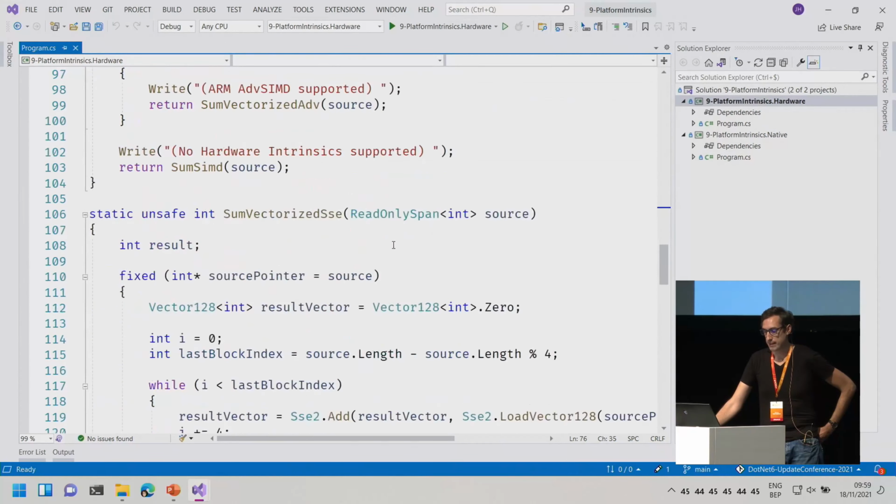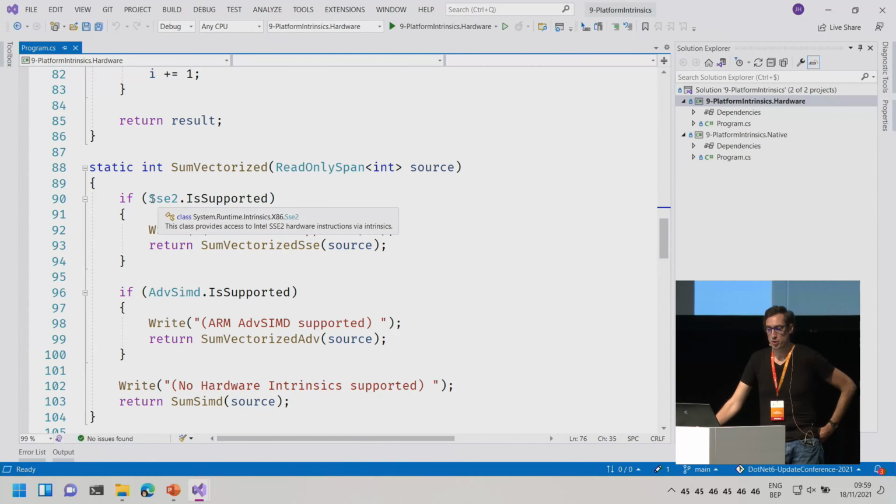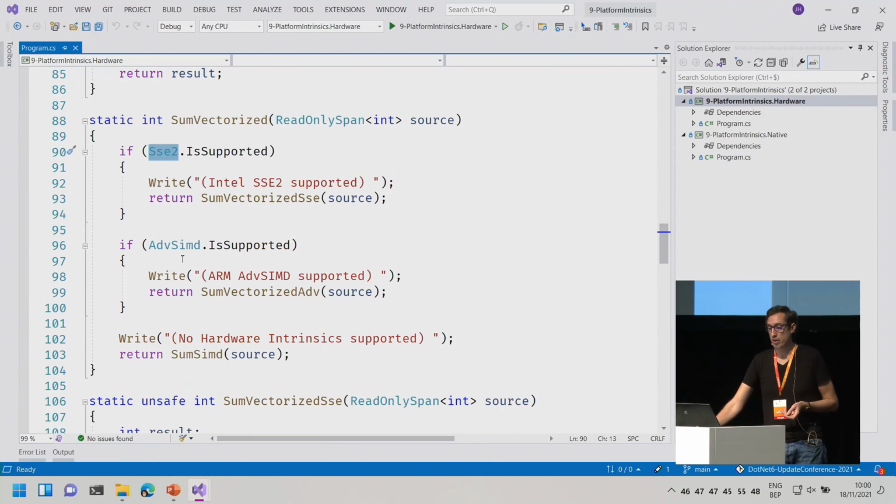Of course, that final one is a little bit more tricky. The support is there in the base class library, but you really need to ask, does my CPU support SSE2? If you're using ARM processors, like in a Raspberry Pi or your phone, in that case, it's AdvSimd.